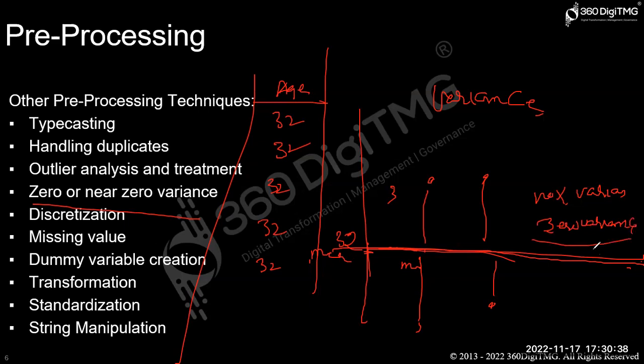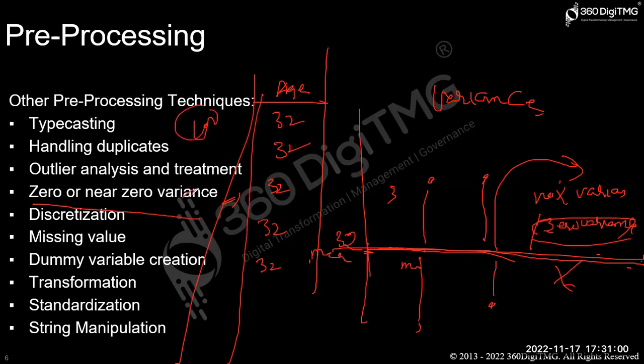When you have zero variance, the data won't be having any information. When you don't have any information, it won't help you find any predictions or to predict anything. So in that case, we will simply drop those zero variance cases. Non-zero variance cases, let's say you have 100 entries.